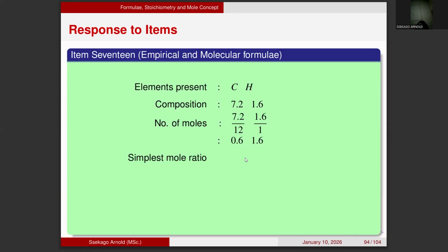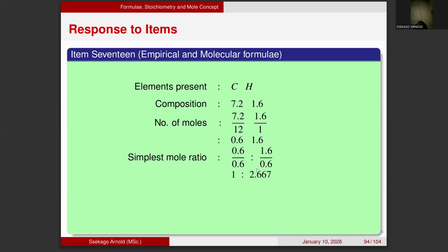Next, we determine the simplest mole ratio. What do you do to determine the simplest mole ratio? You look at these two calculated moles, then you divide by the smallest of them. So if we have 0.6 and 1.6, the smallest is 0.6. So we divide both of them by 0.6. So we shall have 0.6 over 0.6, 1.6 over 0.6. And calculating here, we obtain